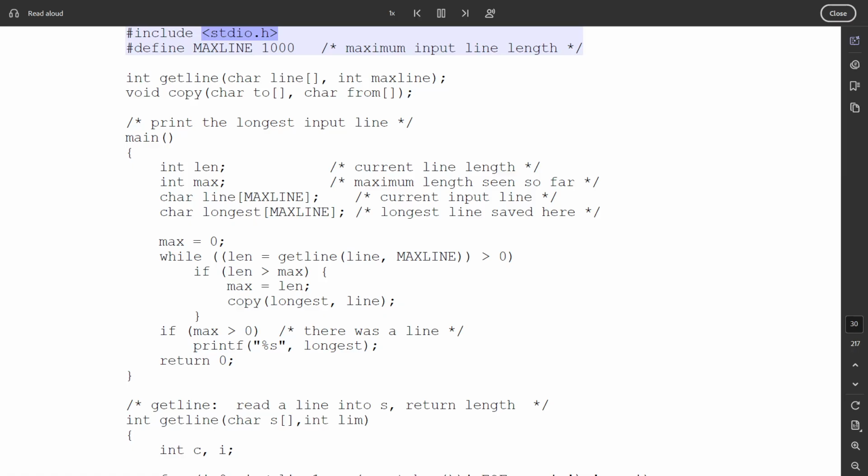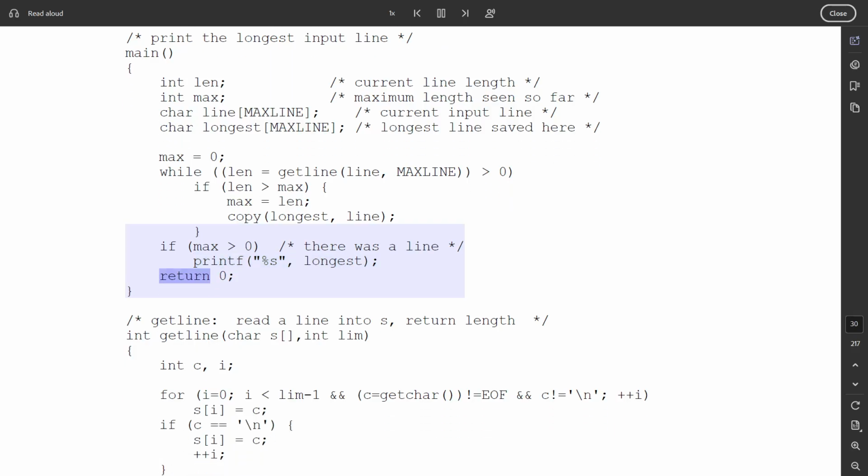#include <stdio.h> #define MAXLINE 1000 /* maximum input line length */ int getline(char line[], int maxline); void copy(char to[], char from[]); /* print the longest input line */ main() { int len; /* current line length */ int max; /* maximum length seen so far */ char line[MAXLINE]; /* current input line */ char longest[MAXLINE]; /* longest line saved here */ max = 0; while ((len = getline(line, MAXLINE)) > 0) if (len > max) { max = len; copy(longest, line); } if (max > 0) /* there was a line */ printf("%s", longest); return 0; }